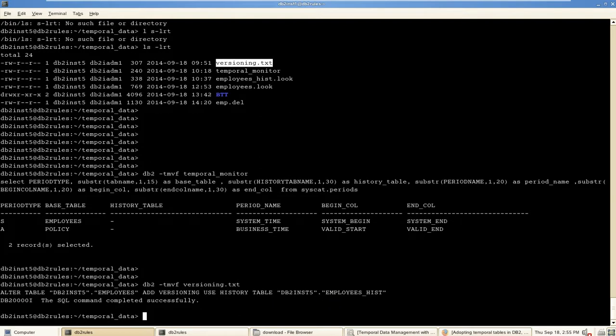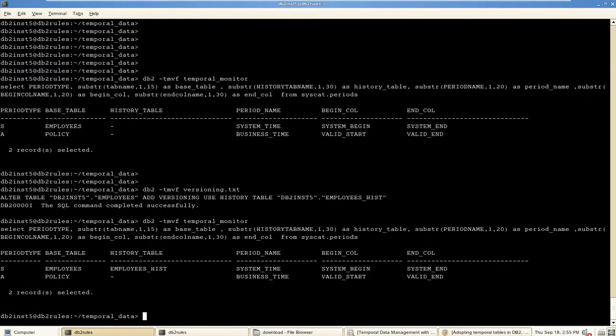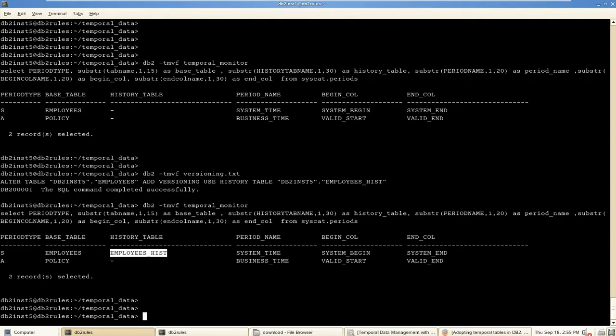This command is successful. Now we'll check whether any table is associated or joined with this employee table. You can clearly see this employee table is now joined with employee hist. Okay, so now we will test our updates and deletes. First let's see the data, and let us choose which rows we are going to